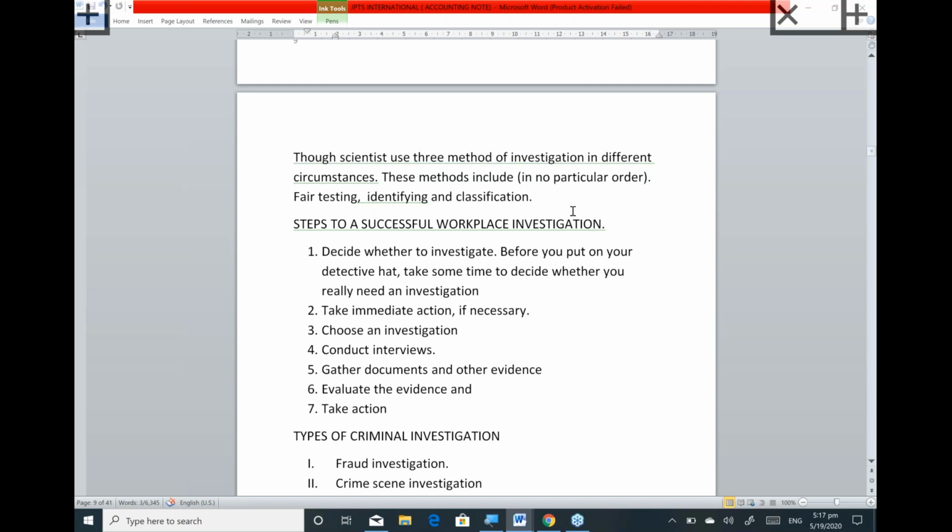Then evaluate the evidence, check it. Are they okay? Does it suit the situation? Is it really true that the person had really done what he is accused of? Then take action. And you know the best action to take is to hand over the person to the law enforcement agent. Don't take the law